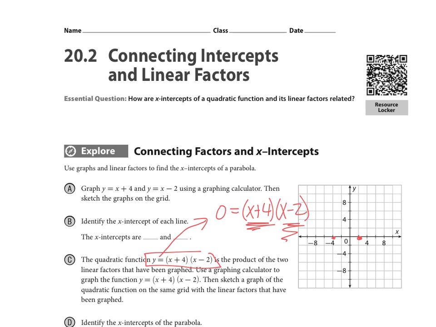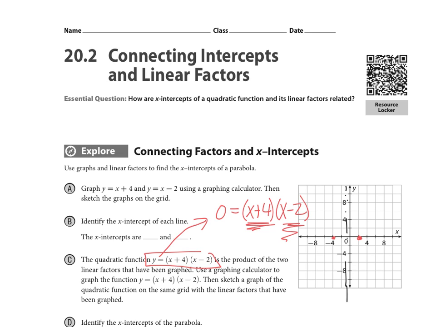So what that's going to allow us to do is to be able to draw the function itself by finding the axis of symmetry and other points, but it's also allowing us to understand how a graph can give us solutions to a quadratic function. So exactly how would I find the vertex itself as well? Well, one thing we do know is that the axis of symmetry goes right through the middle. Well, these intercepts are equally distant from each other, so where would be the axis of symmetry? It would be right down the middle here,